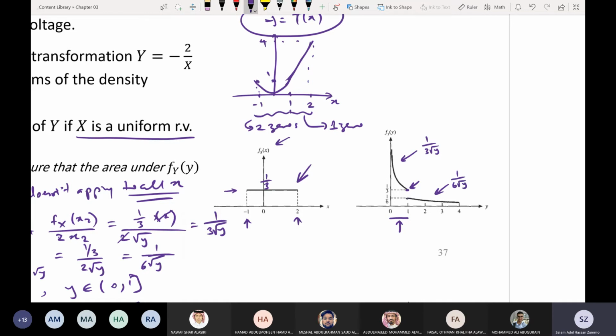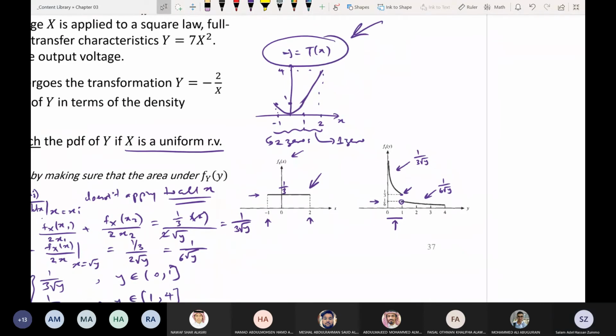And at 1 here, it will be open طبعا. At 1, it will become 1 over 6. So there will be a discontinuity. واضحة الفكرة؟ كلير يا شباب؟